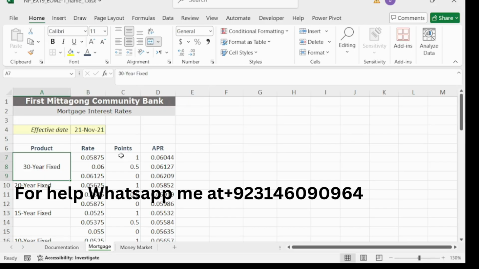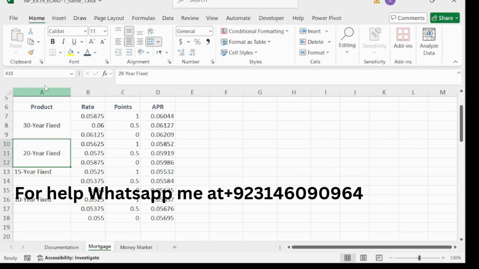And our step number 6 is copy the formatting of the merge. Copy this and then paste. And then paste the formatting A10 to A18. Like this. And then copy this and paste it. And then copy this and paste it like this. So we have completed our 6th step here.